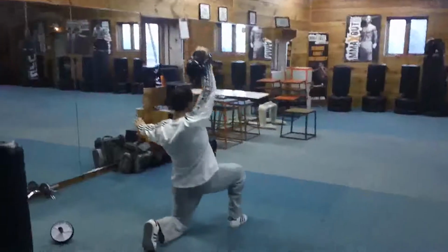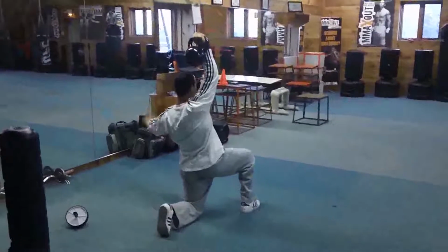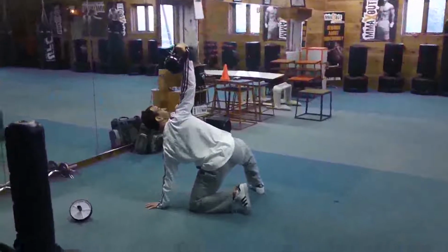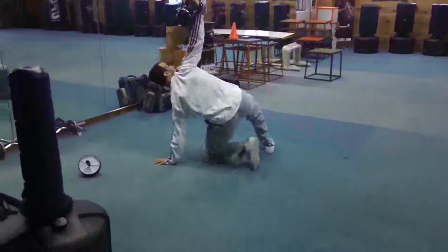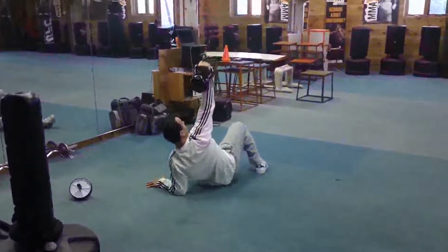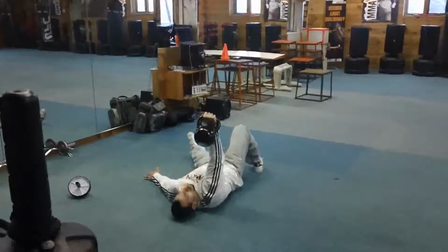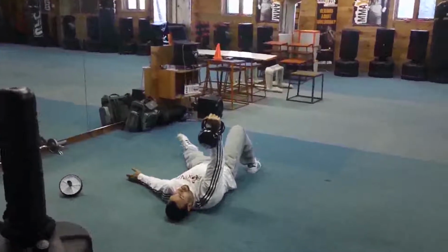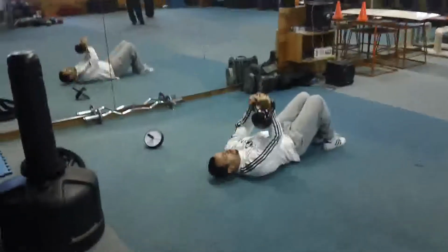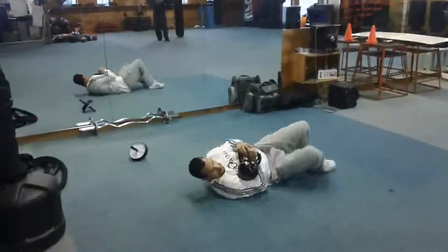You step back. Now I'm going to look at my kettlebell, my hand's going to go next to my knee, I'm going to pivot my back foot, or windshield the back foot. That back foot now goes to the bridge. I come down to my tush, to my elbow, and to my back. If I want to continue on, I can continue on with this arm. Or if I'm finished, both hands come to the kettlebell, knees come together, bring it safely down to your side,